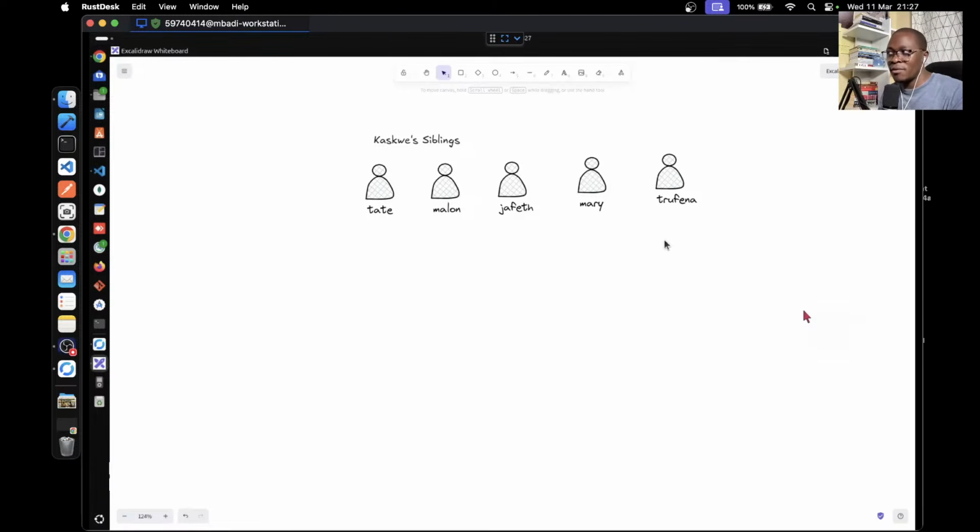We want respect. We want the pecking order to be observed. So we start with the oldest sibling and give him or her food. We go to the one below that sibling and give them food, until we get to the youngest sibling. The youngest sibling will be the last to get food.